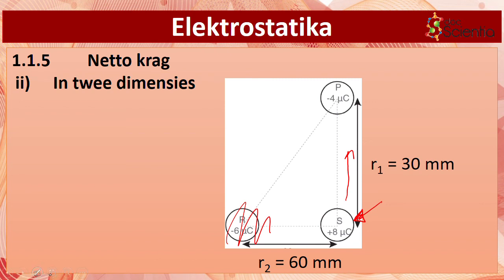En dan doen ons die teenoorgestelde. Wat sal hierdie ene doen met daai ene? Na links of na regs? Nee. Na links. Sien jy, trek hom aan, teenoorgestelde ladings. So then that will be your triangle. Pythagoras to find that, and the force will be in this direction. Somewhere between north and, what's that, west. Okay? Jy kan nog steeds op dieselfde asse werk. Okay. Which we have done, but we're not going to look at that today. Goed. Ek dink wat ons nou kan doen is